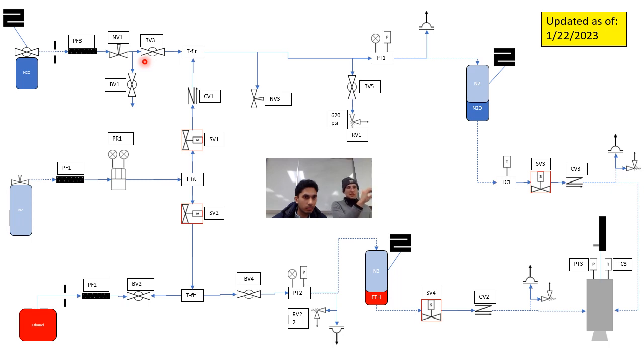Assuming that we actually start at 900 and we get to 0.4 kilograms and we're still driving with a pressure gradient from 820, which is what the regulator is set to, and 900, which is what the nitrous oxide bottle's at, and assuming the nitrous oxide bottle doesn't depressurize quickly and we hit 0.4, great, we're done. We could disconnect the bottle and go on to the next process. But